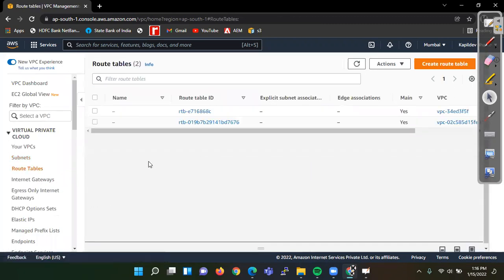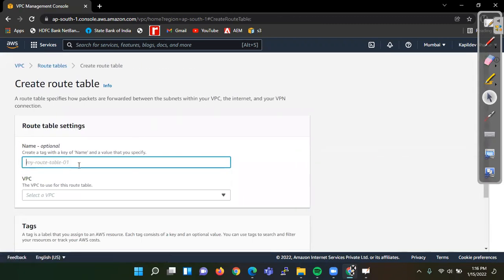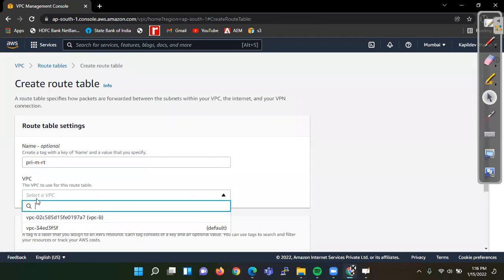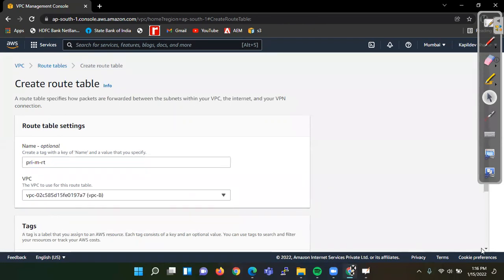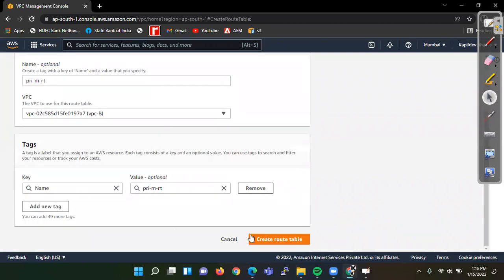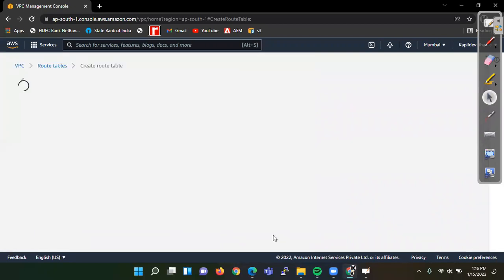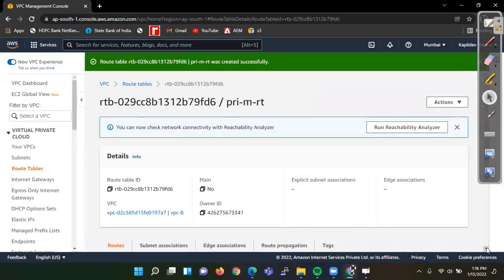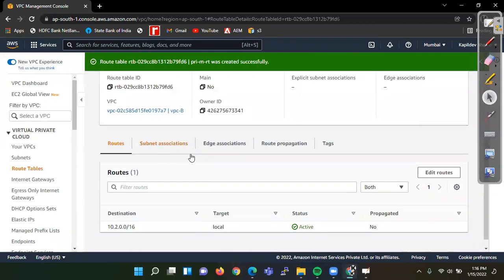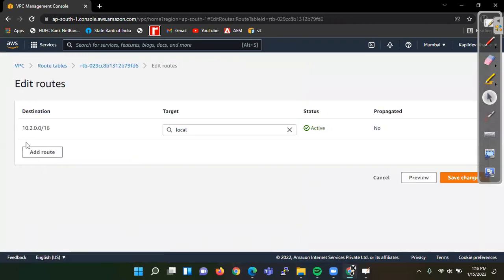Then we create a new route table, private-M-route table, M for the Mumbai region. We select the VPC, VPC-B, create route table, and at the same time we do subnet association.